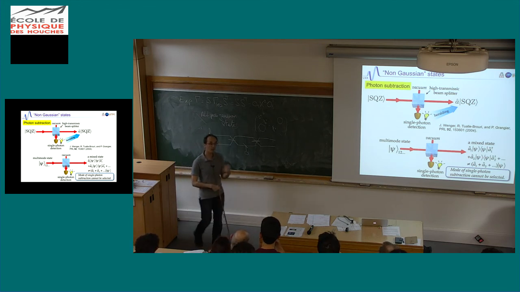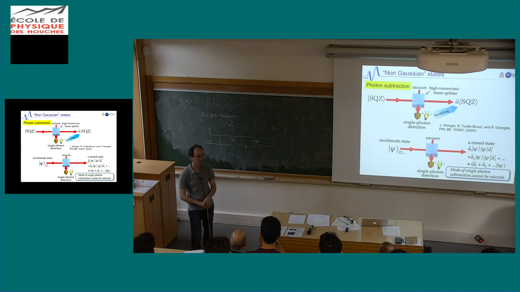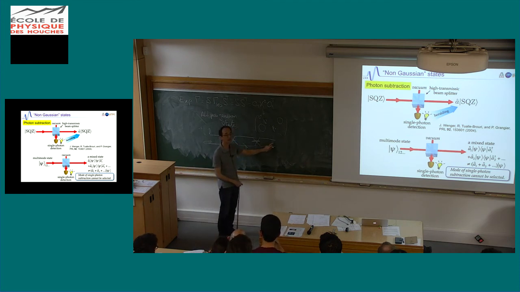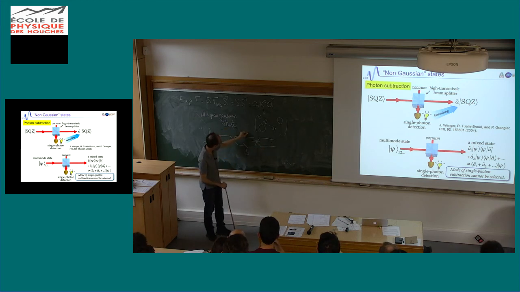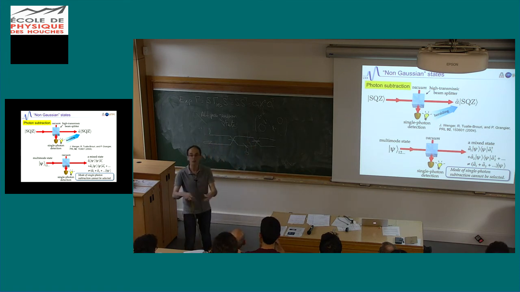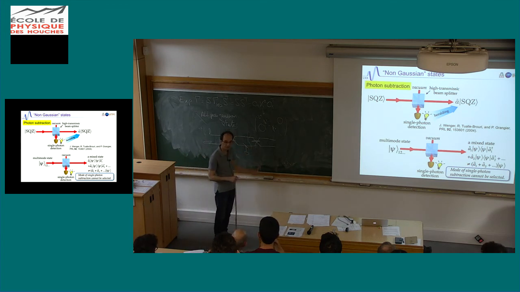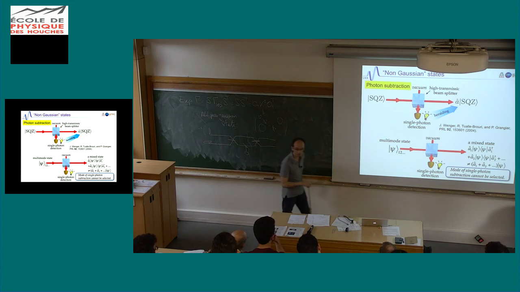Okay? And why is this interesting? I don't do the mathematics, but if you do that, you can show two things. First, you can show that the Wigner function of the total state becomes indeed negative. So this is what you are looking for. And second, if you do the beam splitter again, your state is not separable anymore. So this state you generate here with the photon subtraction becomes non-separable, whatever the basis. So it starts to look a bit more like the Bell state you are looking for. Okay, so it has these two properties, and this is really the motivation of this kind of thing.